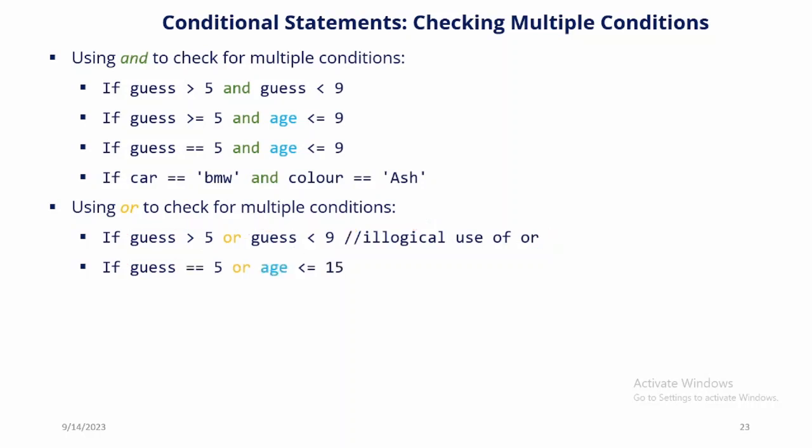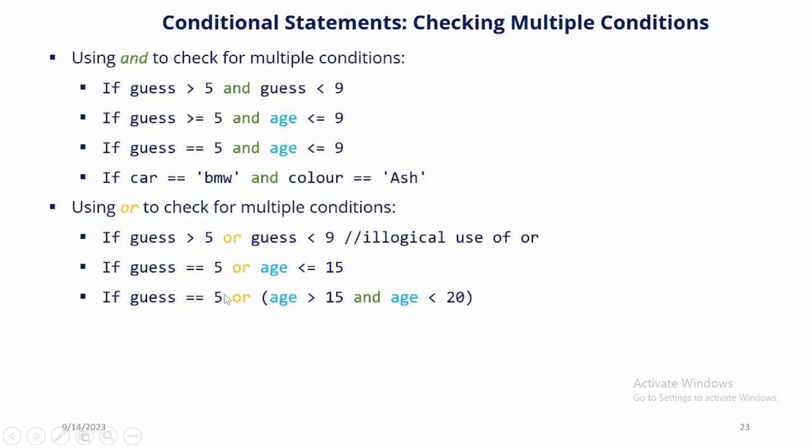Now let's look at something more logical. We can say if guess equal to 5 or age less or equal to 15, any one of them can be true. If guess equal to 5, it is already true. You don't need to evaluate the age. If age less or equal to 15, it is already true. You don't need to evaluate the guess. We can also say if guess equal to 5 or age greater than 15 and age less than 20. That is, age is within the range 15 to 20